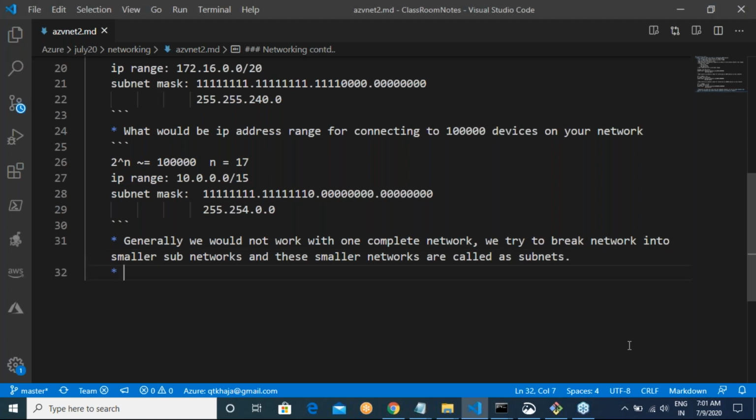Right. So now let us look into this aspect: networks and subnets.